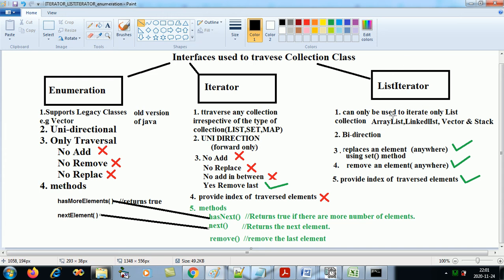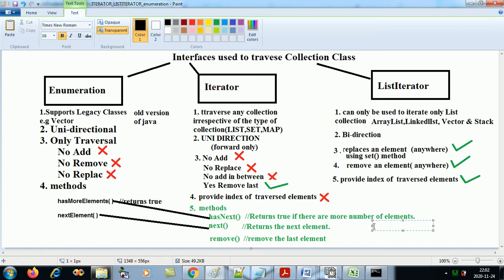Okay, ListIterator can be used only for list interfaces like ArrayList, LinkedList, Vector, Stack. This is bi-directional. It has the method next and also the method previous.